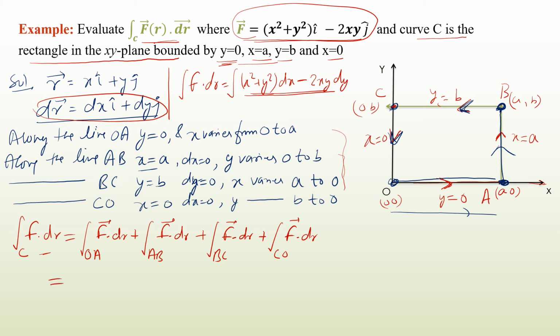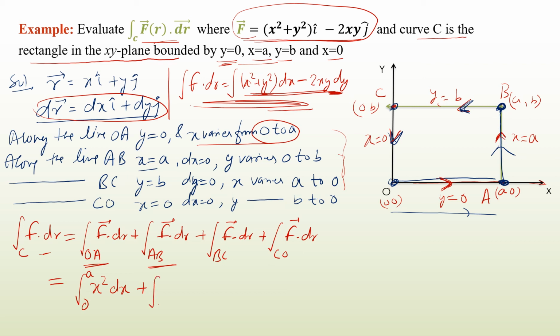Now when we take OA along the line OA, that is y is equal to 0, so we put in that integral y equal to 0 and dy is equal to 0. So that integral becomes x square dx, and the limit of x from OA varies from 0 to a. Similarly, when we take the integration along the line AB,